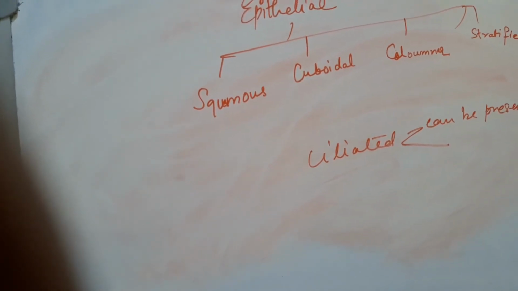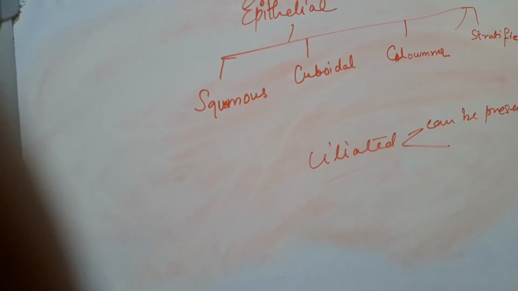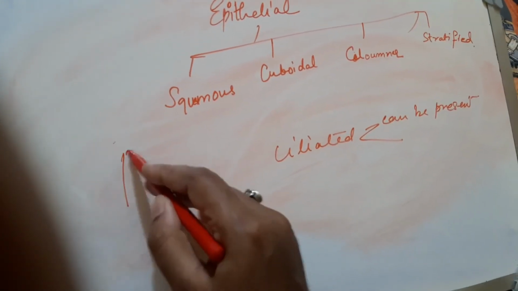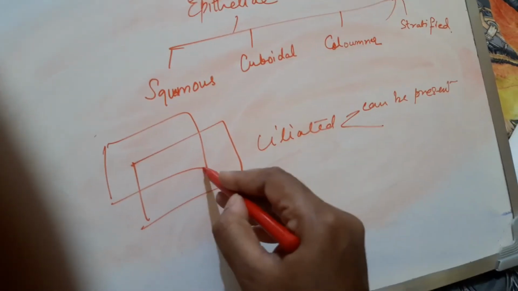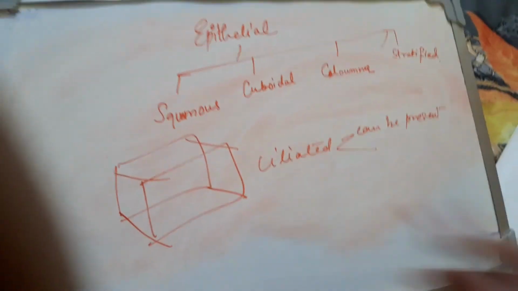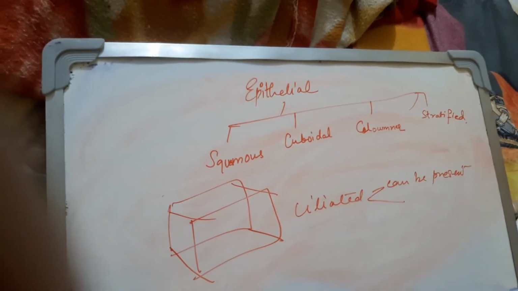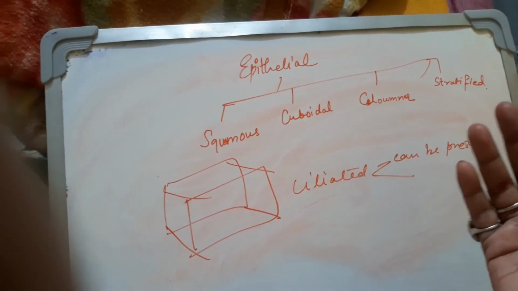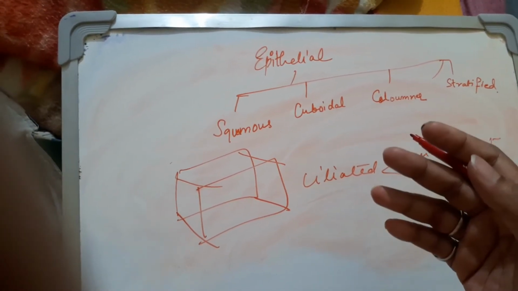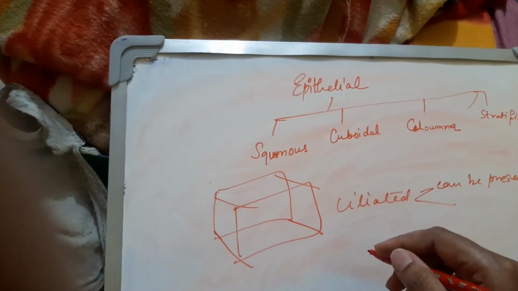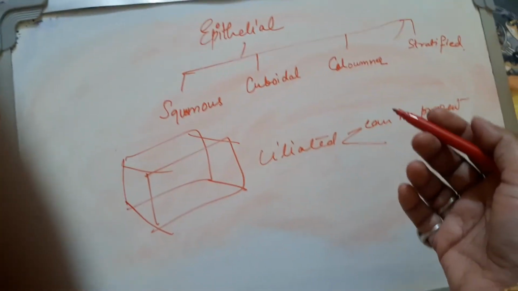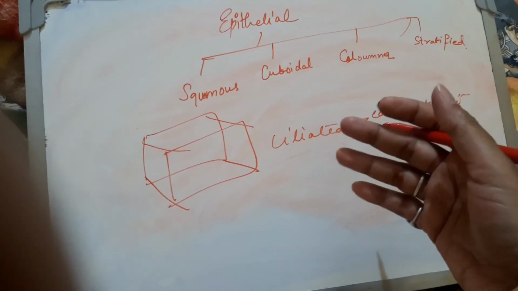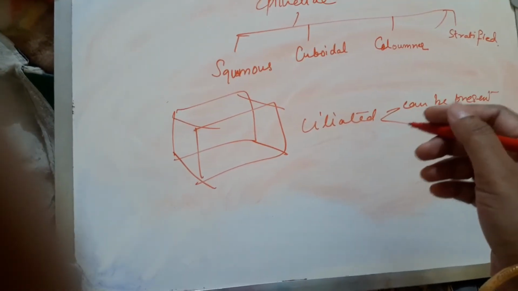Then the cuboidal cells, these are cuboid. You know the structure of a cuboid. So they are cuboidal cells, right? They are in the form of cubes, taller, and are found in the stomach and intestine. Cuboidal cells are also found in sweat glands, kidney tubules, everywhere.